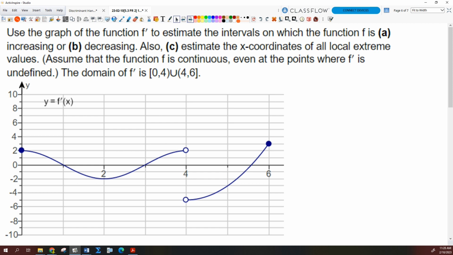There's a discontinuity in the derivative. The derivative is undefined, isn't it? Right? It's undefined at 4. So what's happening there? What's that going to look like? I'm going from increasing to decreasing, so that sounds like a peak. It's going to be a sharp peak because we're instantly going from